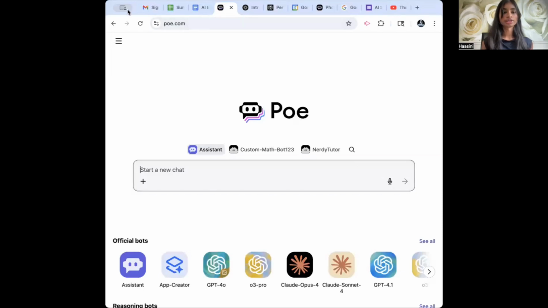So the tool that I'm using today is called Poe, which is Poeai, and it's really great. It has a bunch of different features and different AI bots that you can use to get your results. So I'm sharing my screen now. So this is